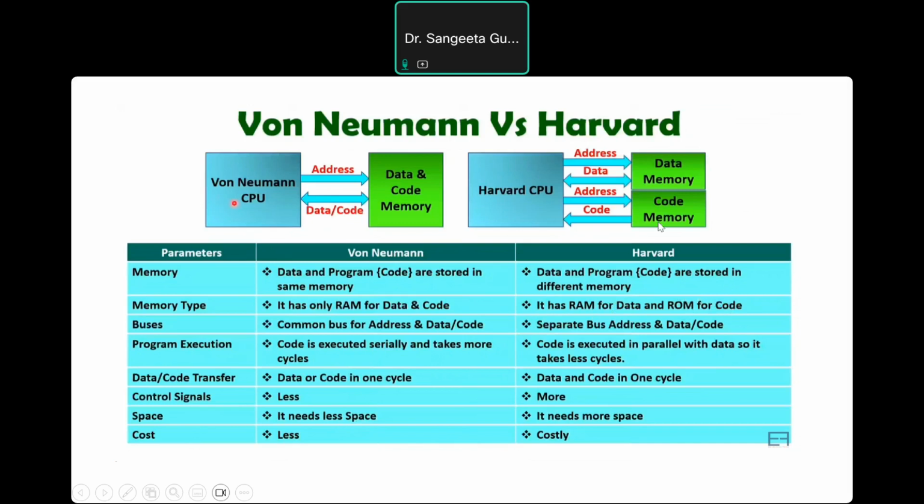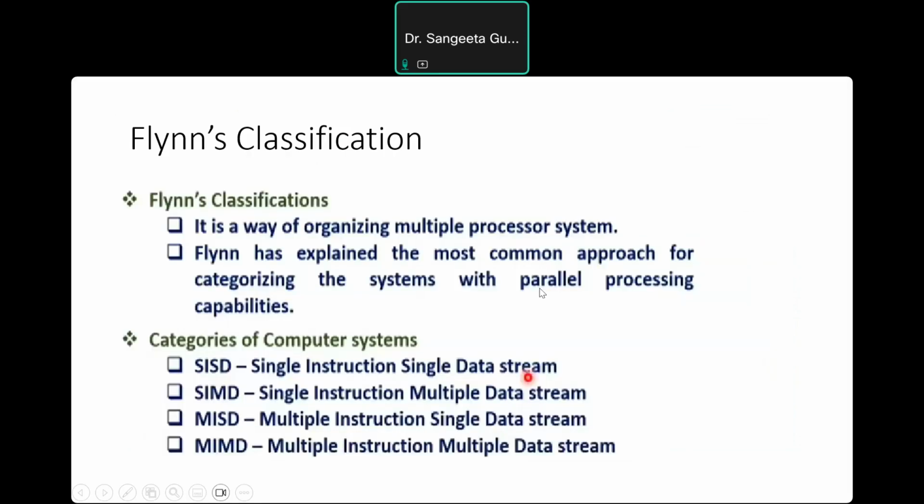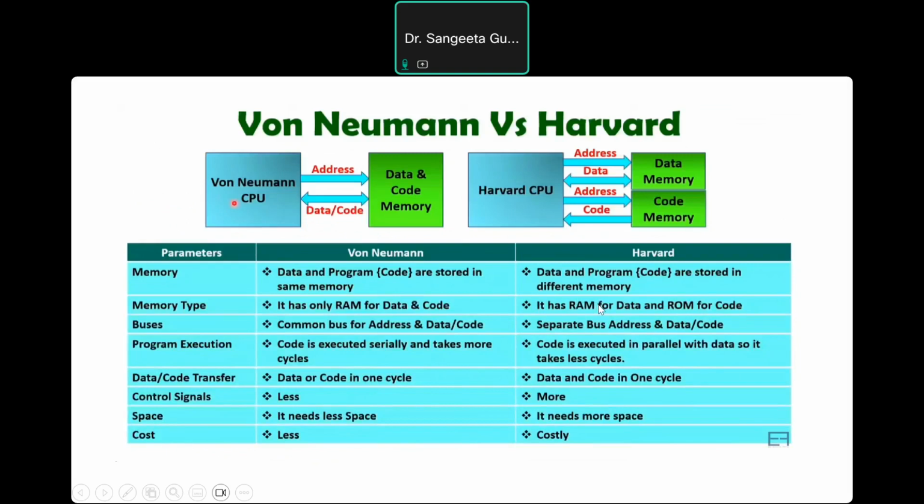the code or program. When we talk about the buses, common buses are used to represent the address, data, and control lines in von Neumann architecture, represented by the unidirectional and bidirectional arrows. But in Harvard architecture, separate buses for address and data are used across the data memory and program memory. When we talk about the execution time, the code is executed serially in von Neumann architecture because